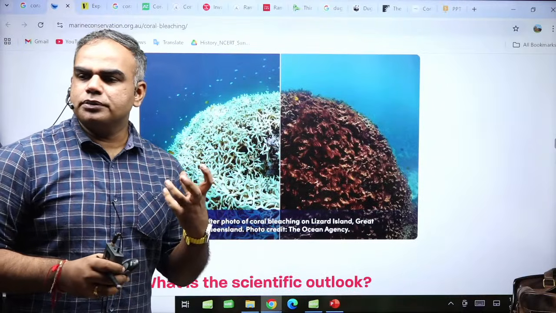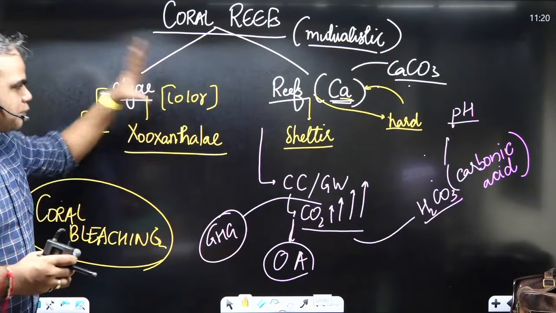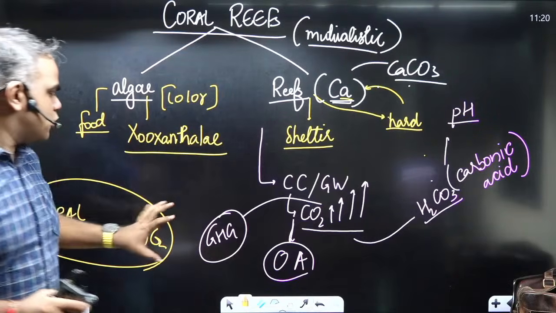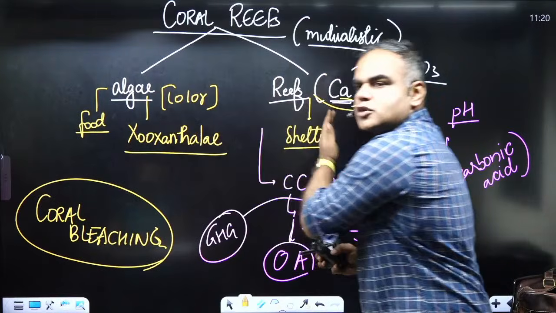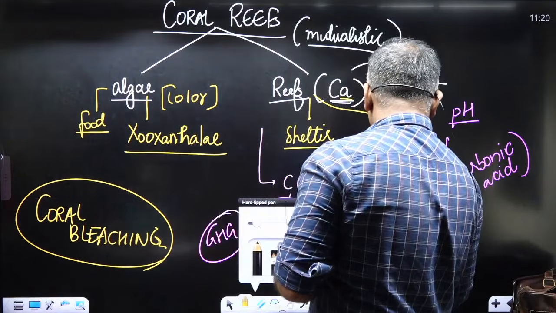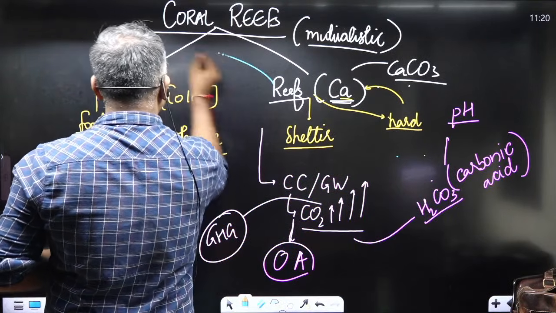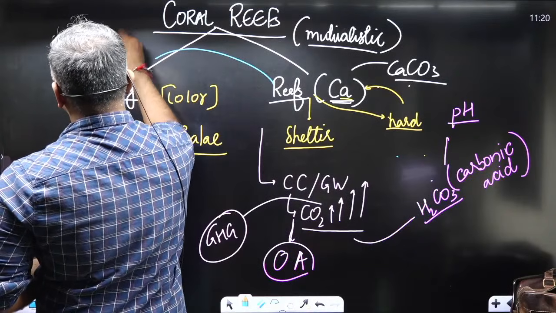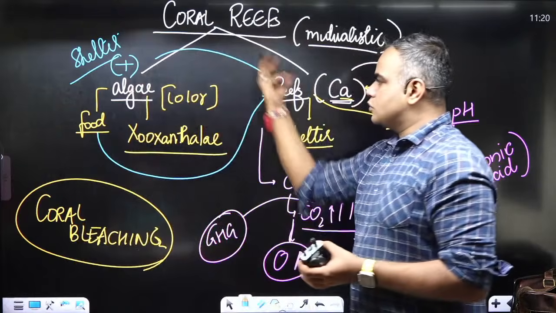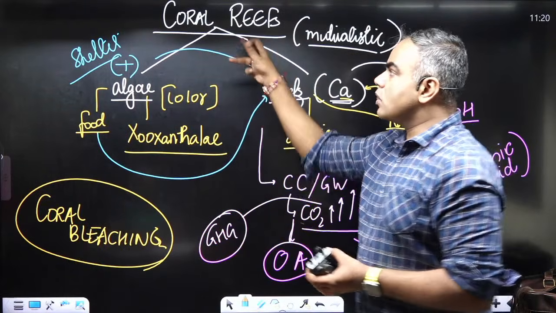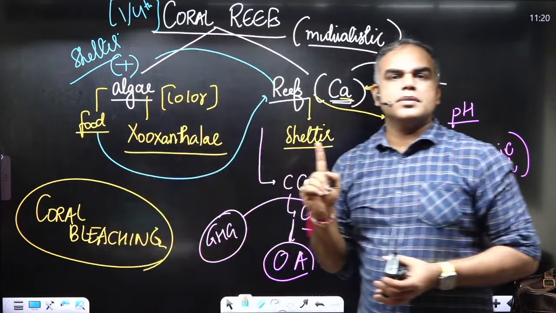They lose the algae. And the moment they lose the algae, the nutrition is lost. The supporting species will also face a problem. This is known as coral bleaching. So two things I've connected. One, I've told you corals have a mutualistic association where both of them help each other. Algae are helped because they get shelter, yes or no? And algae make the food, they provide the food. So that is how coral reefs support a quarter of marine biodiversity. Yes or no? Can we say this?